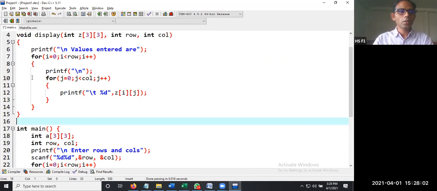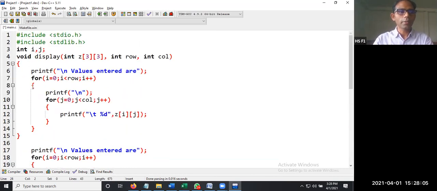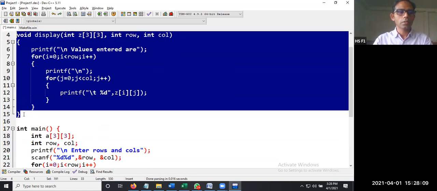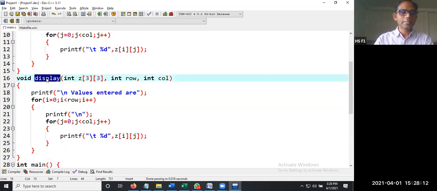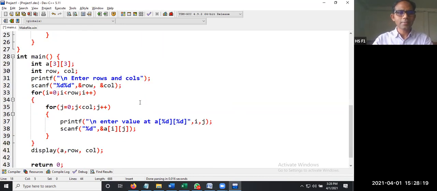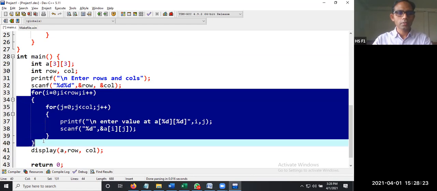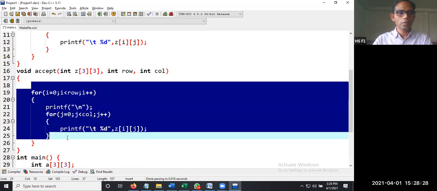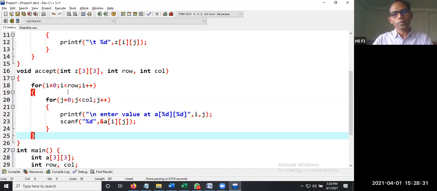So void display, what happened? Control Z, Control C. I'm going to make it accept. So here we are going to write the accept code. Already accept code is there. So this one is for i equal to 0, i less than row, i plus plus, j equal to 0, j less than column, j plus plus, enter value at.